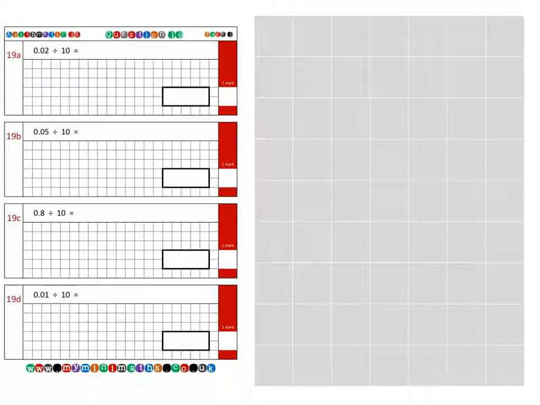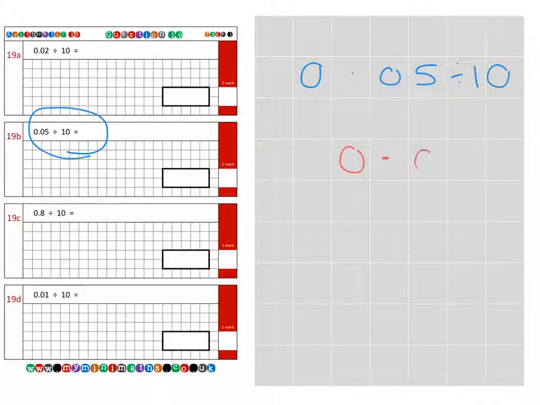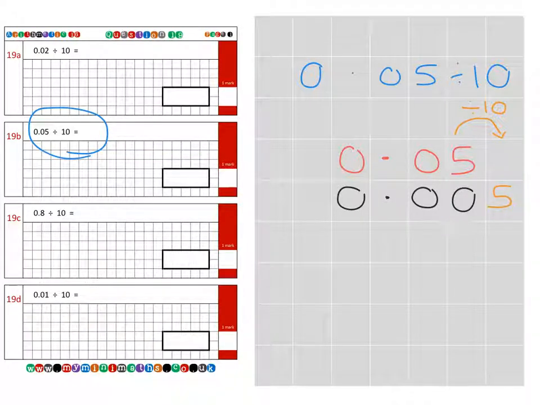And for the next question, which is 19b, it's asking us for 0.05 divided by 10 again. So again, if we write out the original value, 0.05, and we divide that number by 10, which means we're moving it one space to the right, and we place our 5 in the new column, in the thousandths column, and then we can fill in the remaining spaces with zeros. So the answer to the second question is